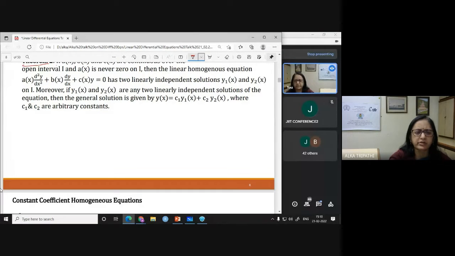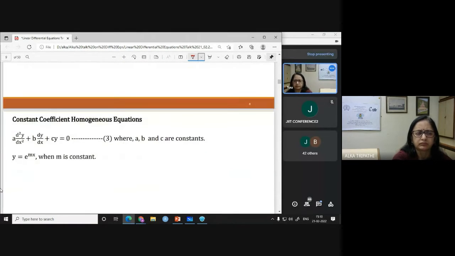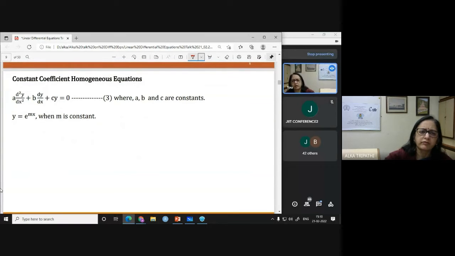Now we will focus on first solving the homogeneous differential equation with constant coefficients. That means our coefficients of the second derivative, first derivative, and y are constants in place of functions of x. Then, as I said, for finding the solution, we can consider a simple function, say y equal to